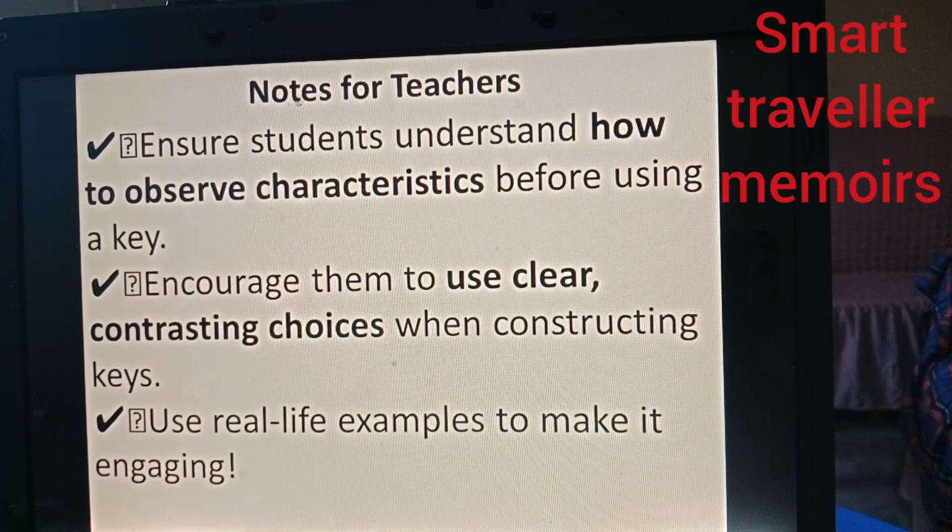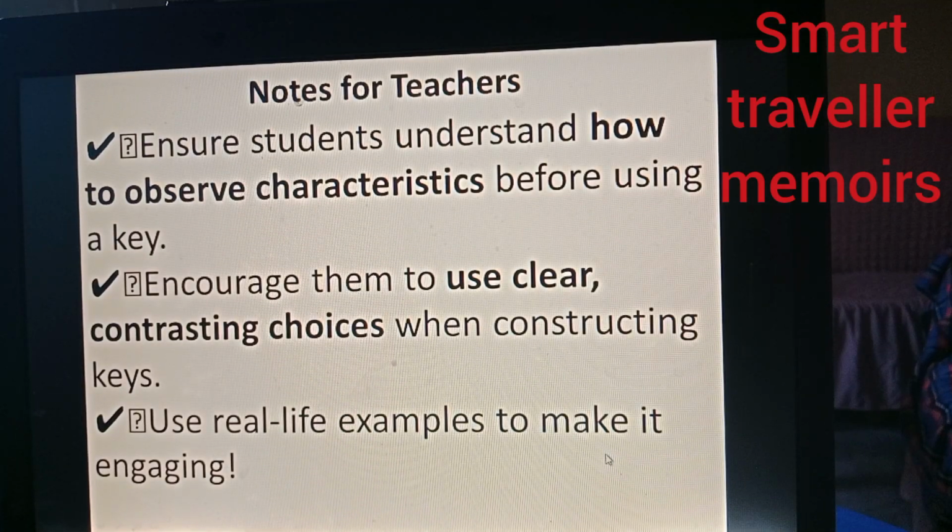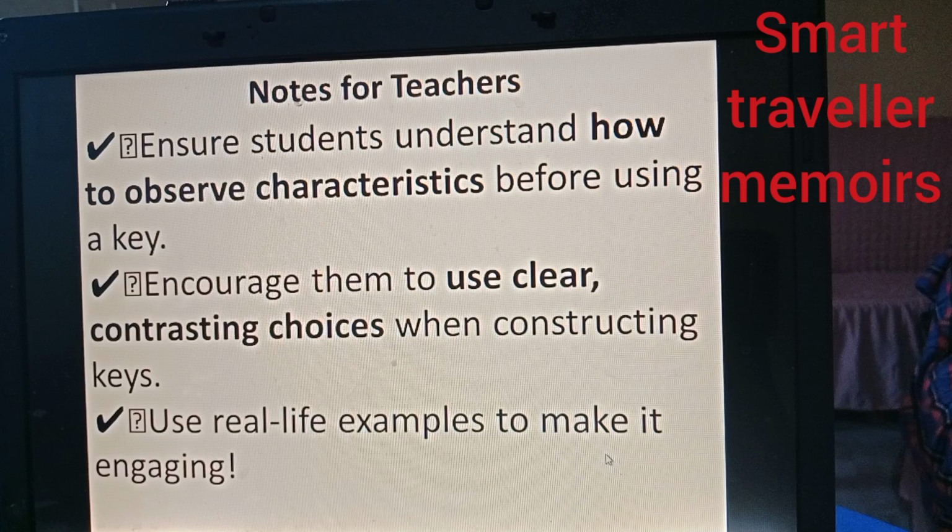Notes for teachers. Ensure students understand how to observe characteristics before using a key. Encourage them to use clear contrasting choices when constructing keys. Use real-life examples to make it engaging. That ends the lesson plan for the teachers to teach